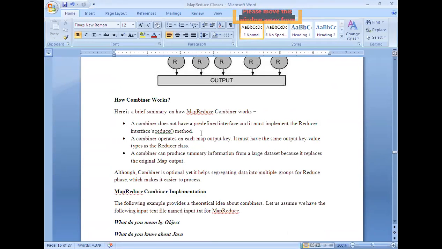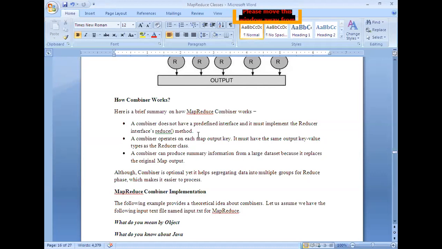In the same way as for the mapper logic we have MapReduceBase that implements mapper logic, for the reducer logic you don't have any such predefined interface. Instead, it needs to implement the reducer interface's reduce method, right? That means within that you can write the code.